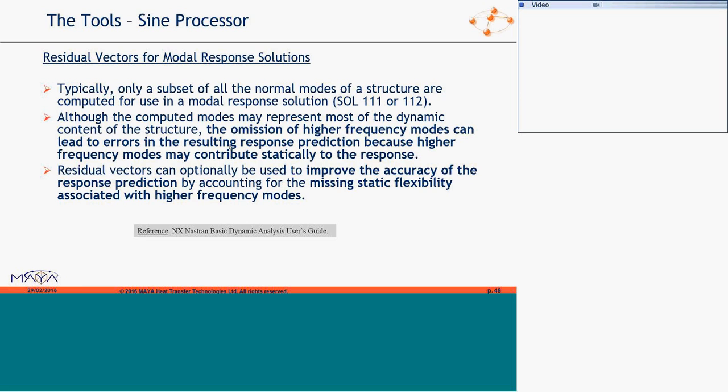So the computed modes may represent most of the dynamic content of the structure, but the omission of higher frequency modes can lead to errors in the response prediction. Higher frequencies do contribute statically to the response, and one approach to the problem is to use residual vectors. Those vectors do contain that missing static contribution.